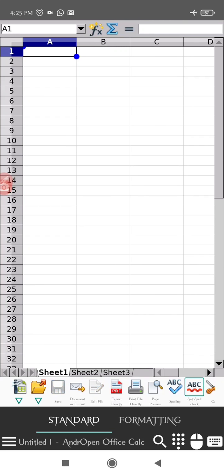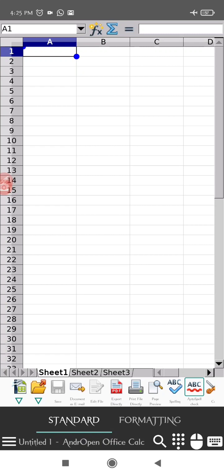So we are going to sort a list of words or a list of numbers. So what is actually sorting? Sorting is arranging different words in alphabetical order or numbers in increasing or decreasing order. Alphabets can be arranged ascending, A to Z, or descending, Z to A. So let us see how we are going to do it.